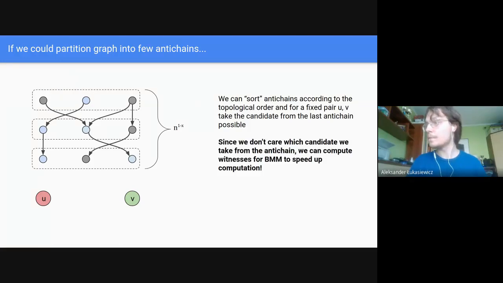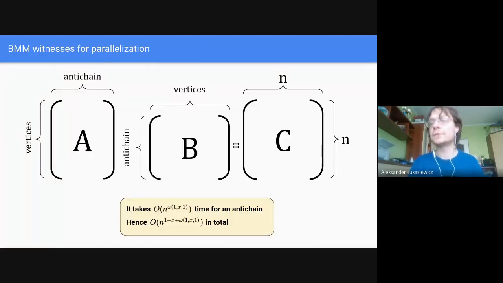So since we don't care about which candidate we take, we can use witnesses for Boolean matrix multiplication. So how do we do it? For every anti-chain, we again form a matrix. For every vertex and every anti-chain, we write one if there is